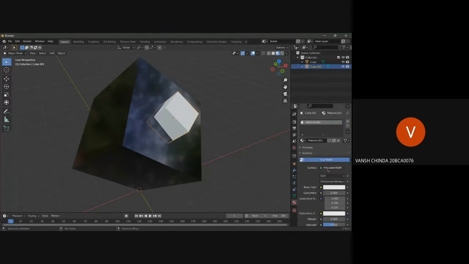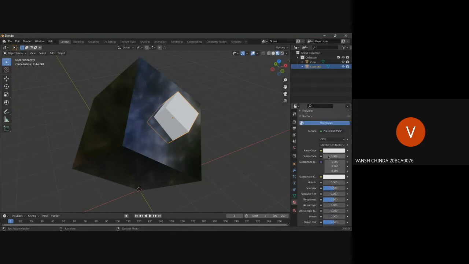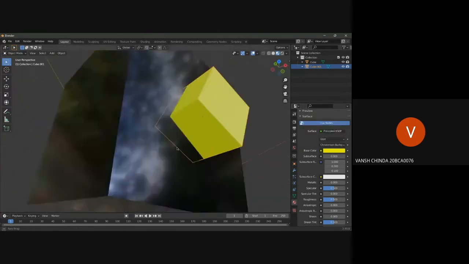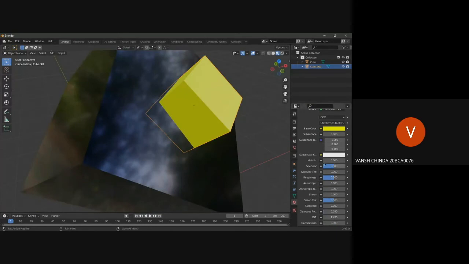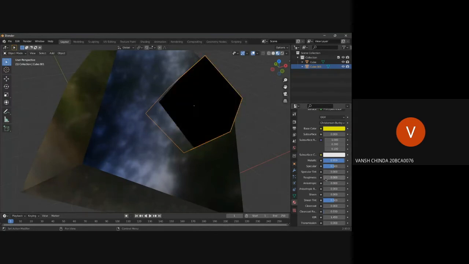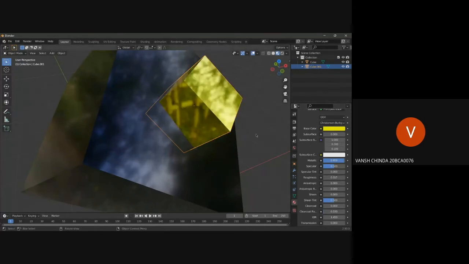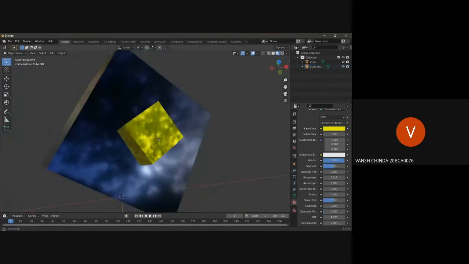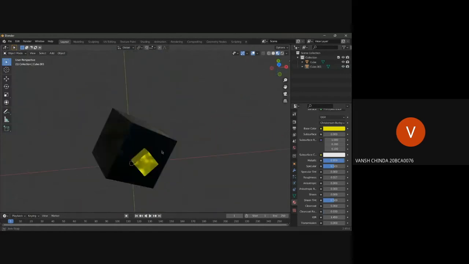We'll give this Principled BSDF again. Let's make it something like gold. Okay, this color is pretty close to gold, but it looks nothing like actual gold. So let's increase the metallic surface to the max. Okay, it's still not very much like gold, so we will reduce the roughness. Now it's getting there. Let's keep it 0. Oh, we can't keep it 0 because that's not possible. Even gold has some roughness. Okay, I think this is pretty good.